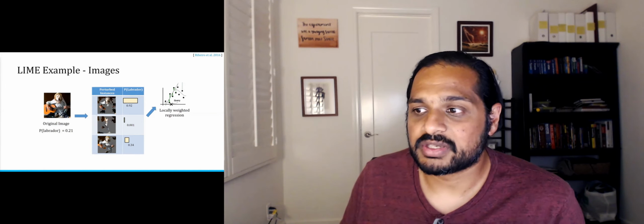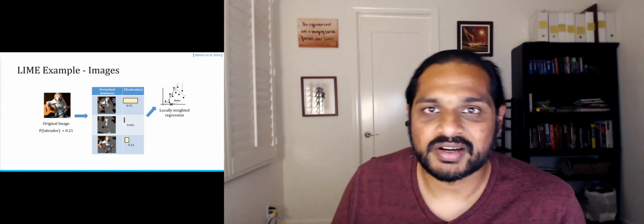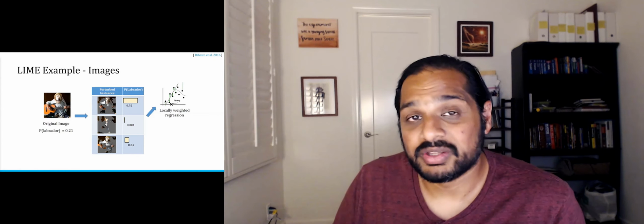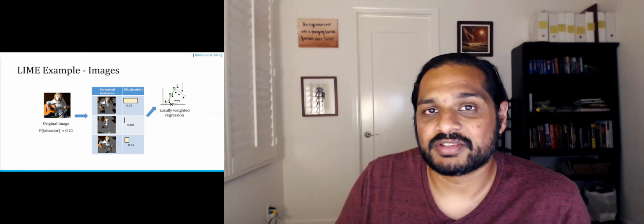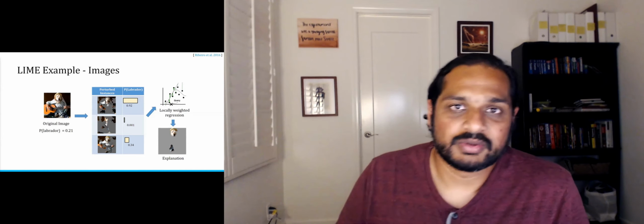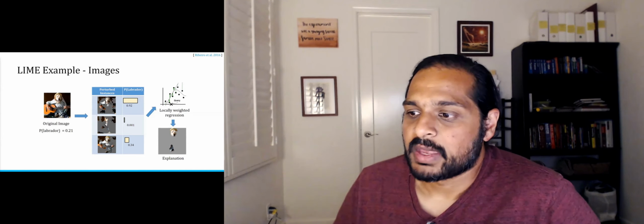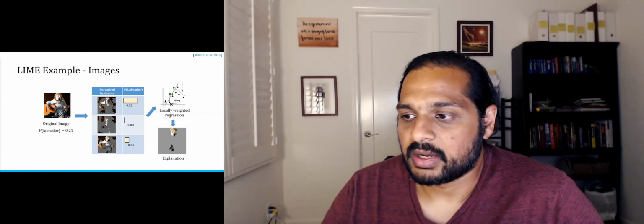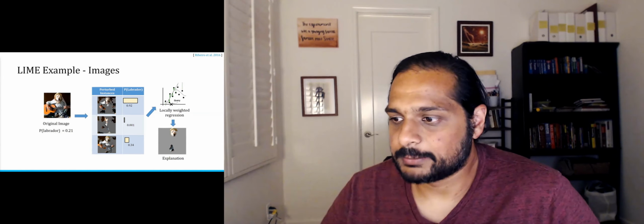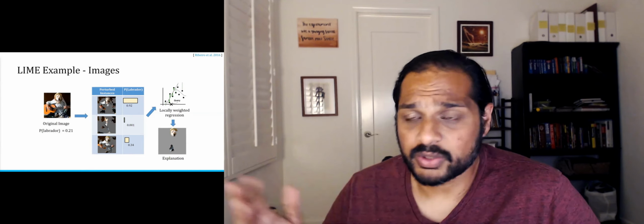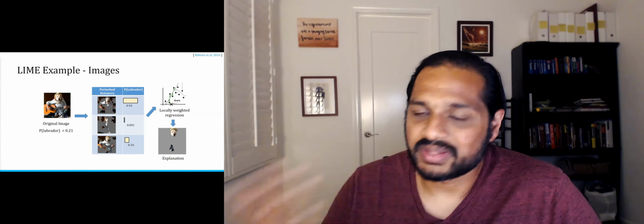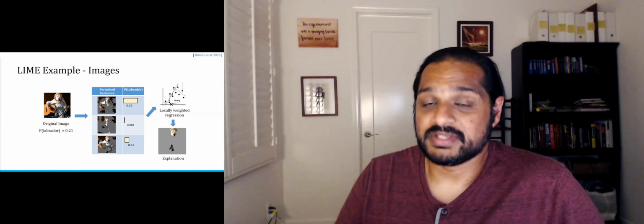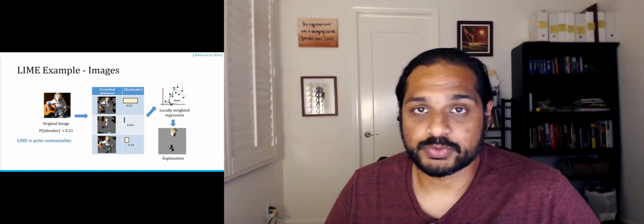Once you have that, you can essentially train a sparse linear regression on this mini data set that you have collected, right? So what has changed? You're trying to learn coefficients for each of those. And essentially you get an explanation where the grayed out areas are the superpixels that were zeroed out, and the ones that are shown are the ones that had a high enough coefficient. So that's the reason the model thinks it should be a Labrador.